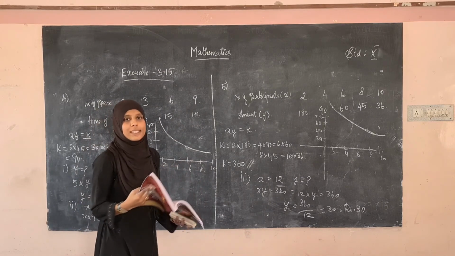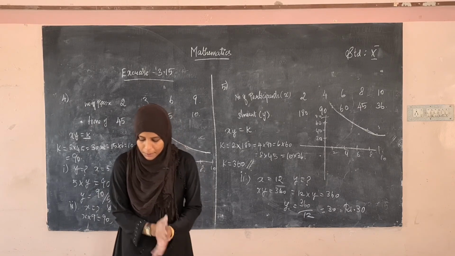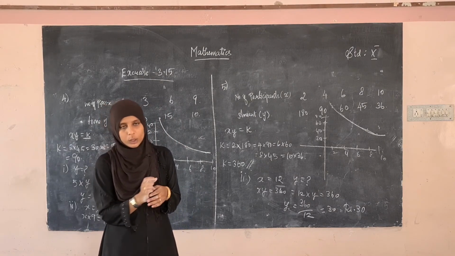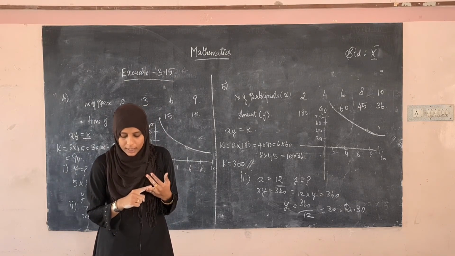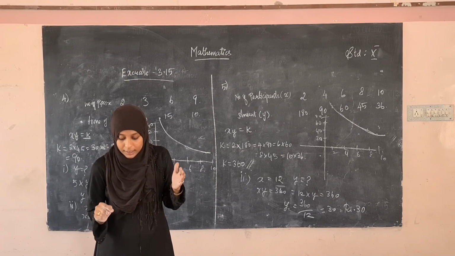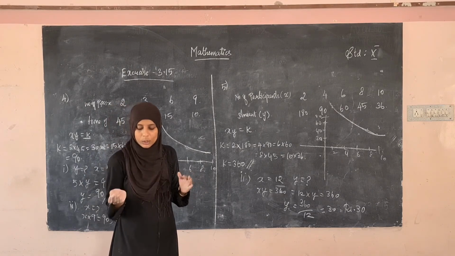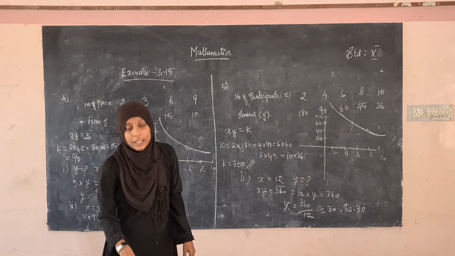Okay. And next, the sixth sum. So the sixth sum is the assignment for you. I will explain the sum. A two-wheeler parking zone near a bus stand charges as below. So they have given time in the x-axis and amount in the y-axis. See the time, there is an increase in time, and in amount, there is an increase in amount also, right? The amount is also increasing and the time is also increasing. Therefore, what's the variation? It is the direct variation.